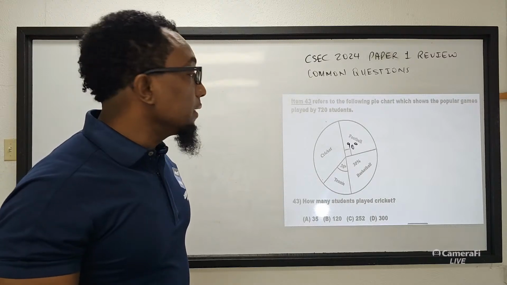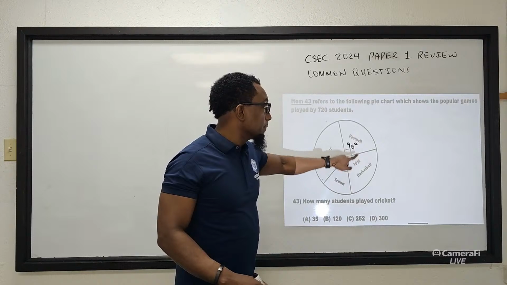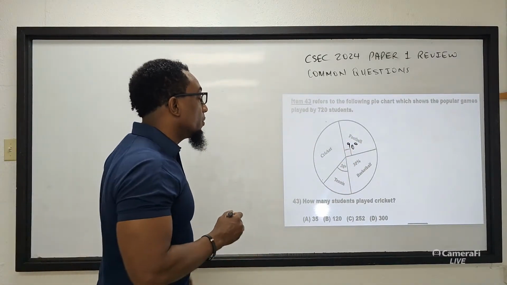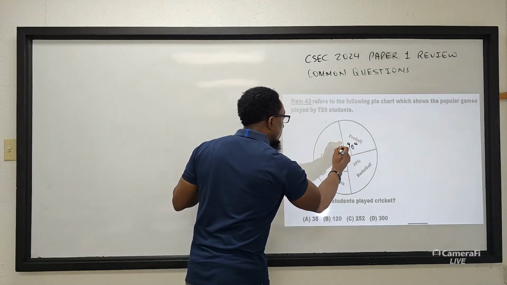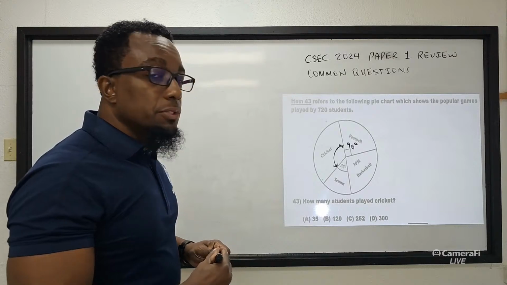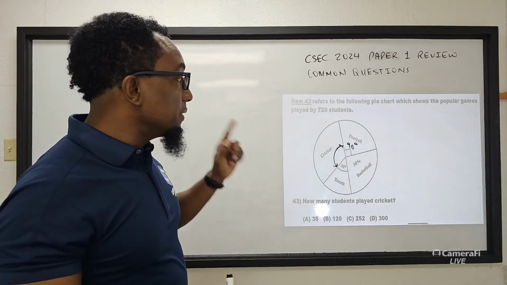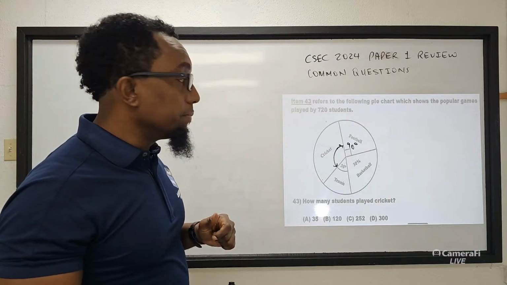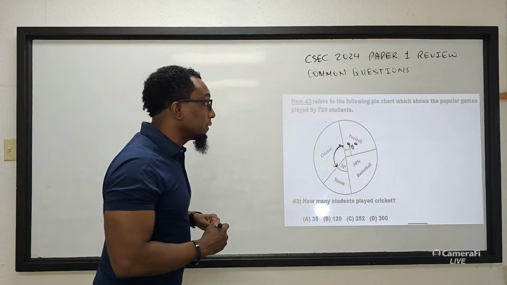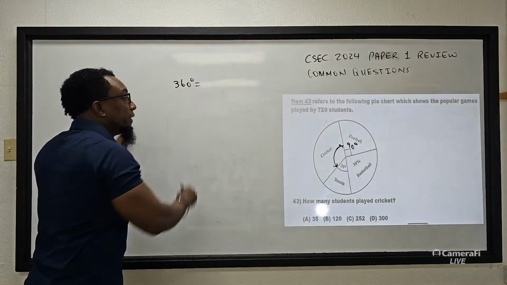So when we convert that into degrees, we'll have these 3 sectors, which are your football, basketball and tennis, all represented in degrees, and now you can work out cricket in degrees. When you work out cricket in degrees, then you can determine how many students. So first, let us make sure football, tennis and basketball are all in degrees. So it means we have to convert basketball from 30% to degrees. And how are we going to do that? We know that a relationship, 360 degrees,